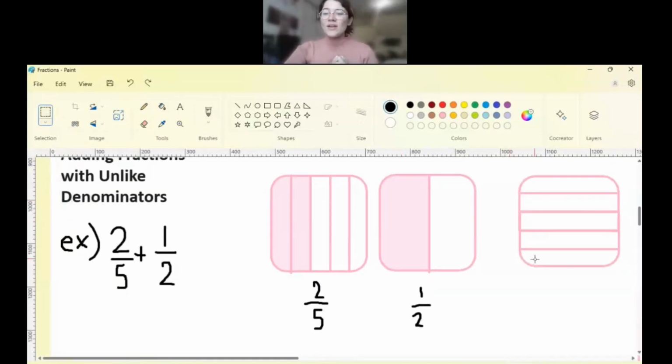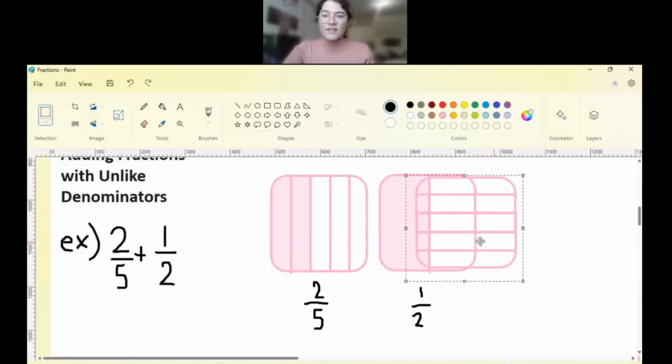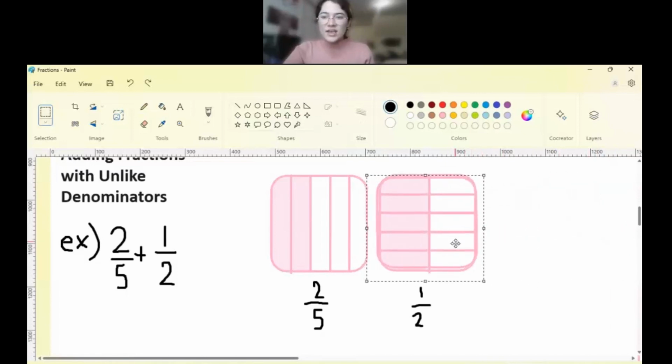Welcome back! So in order to solve this problem, we are going to use some extra manipulatives. So if you've drawn this out, if you haven't already, grab a piece of paper and draw these 2 diagrams over here that I'm circling, the 2/5 and the 1/2 cake. And now I'm going to show you a neat trick that you can do when you draw this out. So the way that we are going to actually solve this is to cut each cake